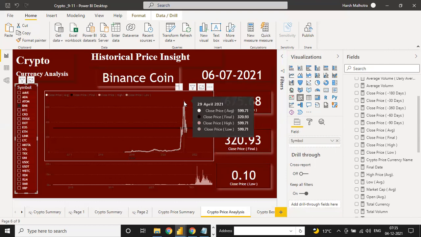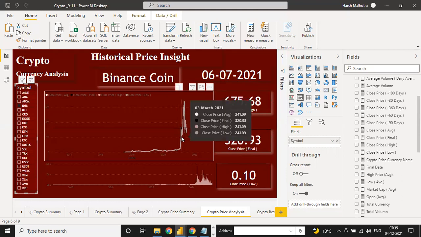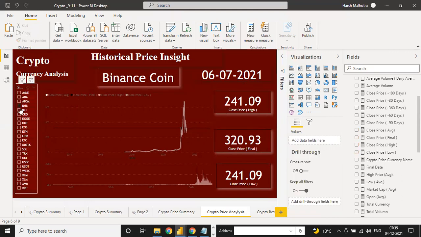Click here, see what is the maximum of that day. 675. If you click on any date, what is the maximum of that day? 241. And see, 241 like this. 320, and your final low price, maximum price, and what is your final price. Like this way you have the data showing.